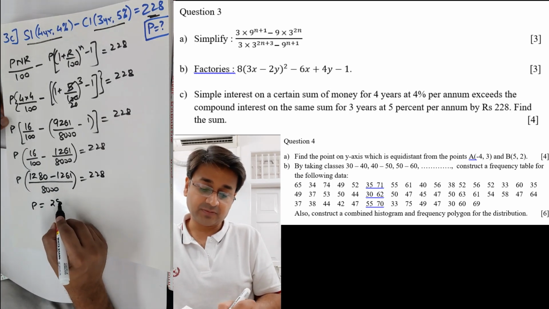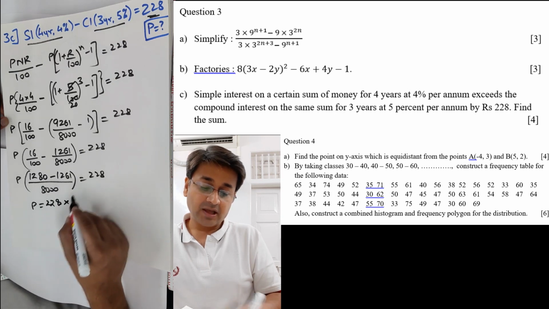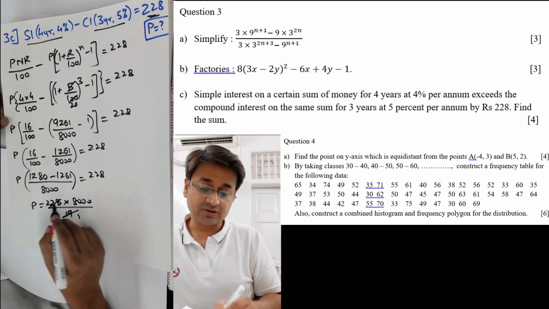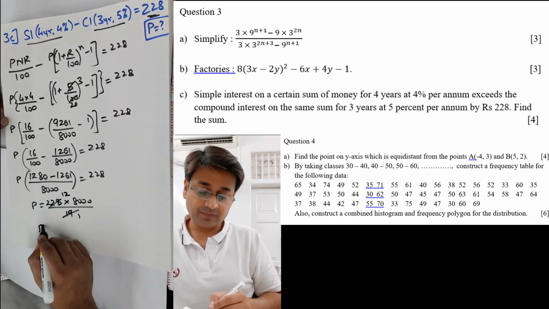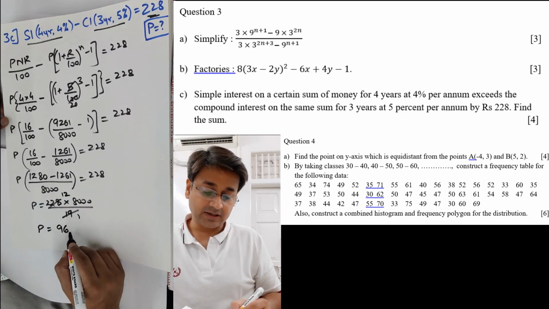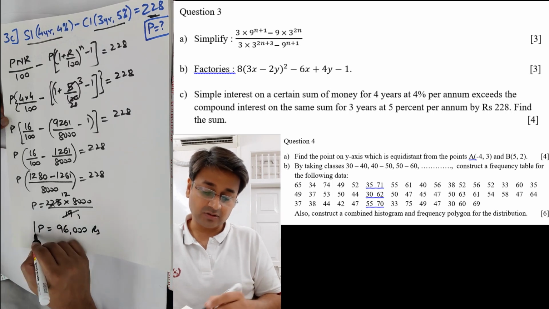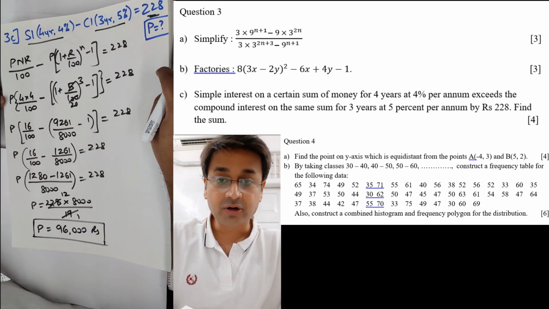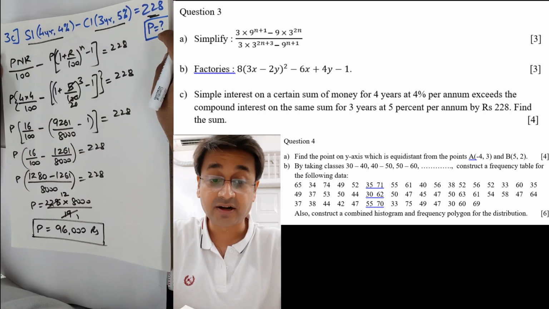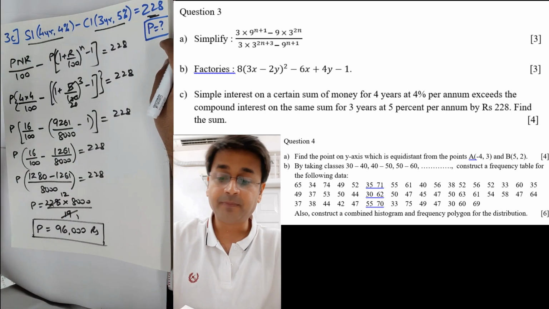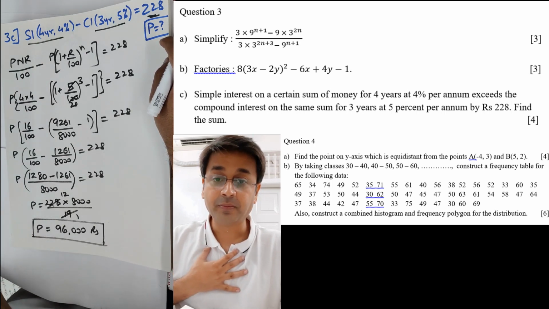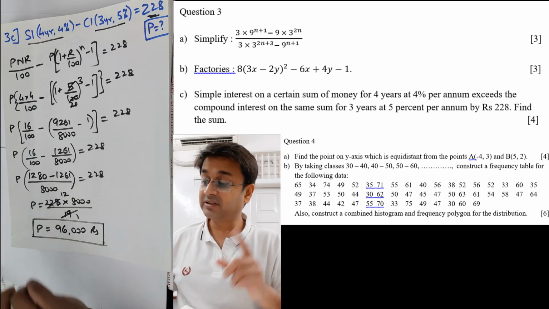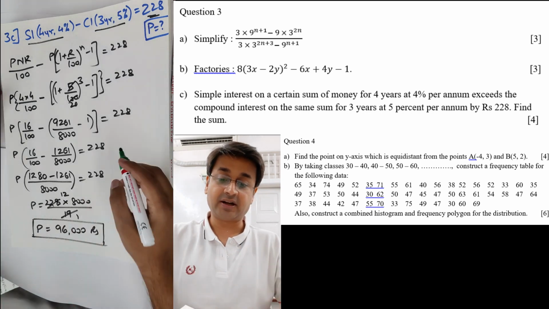So finally principal is 228, 8000 going up, and this difference 19 coming down. So 19 ones are 19, 19 twos are 38, so 12 into 8 is 96 and 3 zeros, 96,000 rupees becomes my principal. There could be different methods, I am not denying it. You can take the base as 100, work it out, still possible, but this is easier. That's what I believe for me. For you that could be easier, no problem. Stick to whichever method, but see to it it's logical and you get correct answers.